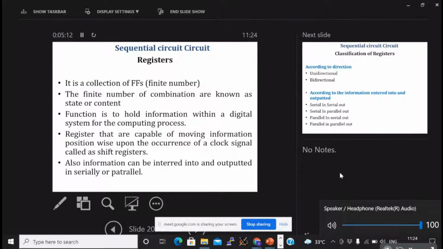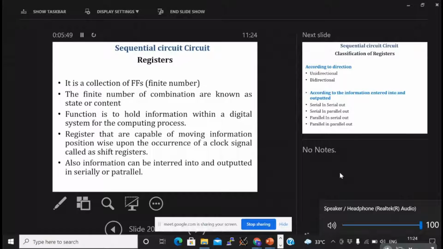Another one is the serial in, parallel out. Here, I have already said that in the serial in, serial out, it takes some time to input information in the register, and also it takes equivalent time to get information from the register. So the advantage with the serial in, parallel out is that the time is reduced a little bit. How can we reduce the time to get the information? Because it takes some clock cycles, because in the register we know the